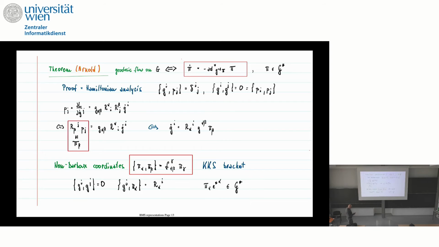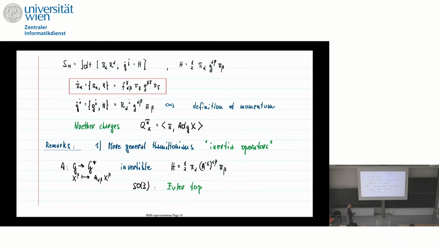So if you now look at the Hamiltonian system that you have, as a first order system, in these non-Darboux coordinates, this is what you have. You have the Hamiltonian evolution equations. This is the Kirillov equation. And then there's the other equation. But you know from your standard Hamiltonian analysis that the evolution equations for the coordinates is always just equivalent to the definition of the momentum. So this has no additional dynamical content.